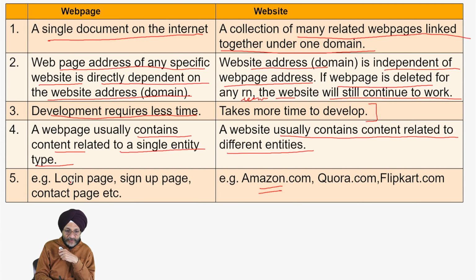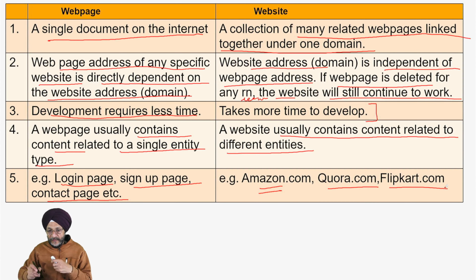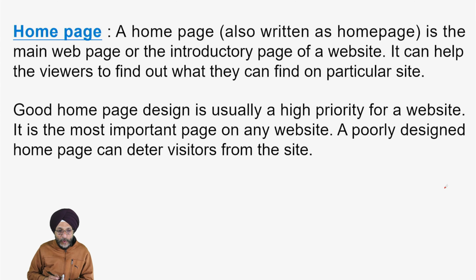The examples of web page are login page, sign up page, contact page, etc. And the examples of websites are amazon.com, quora.com, flipkart.com. Now home page. Home page can be written as